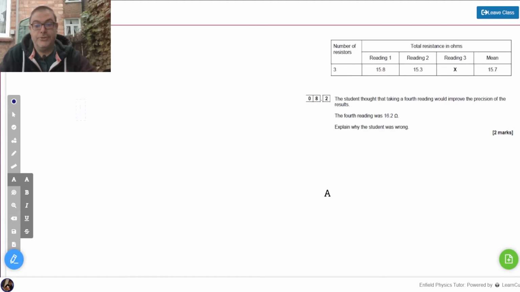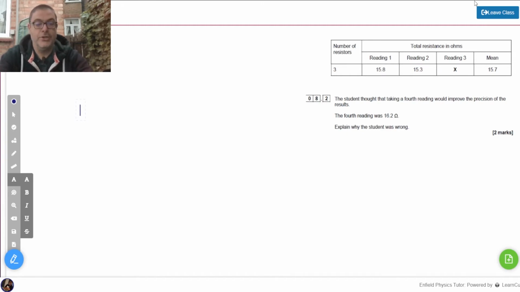In 8 part 2, the student makes the conclusion that if they take a fourth result, that would increase the precision of the practical, and they get the result 16.2. Why is the student wrong? Well, the student's wrong because this isn't what precision means. If results are precise, they're going to be close together. They're going to show little variation, and 16.2 has increased the range of the values of the results, so they're